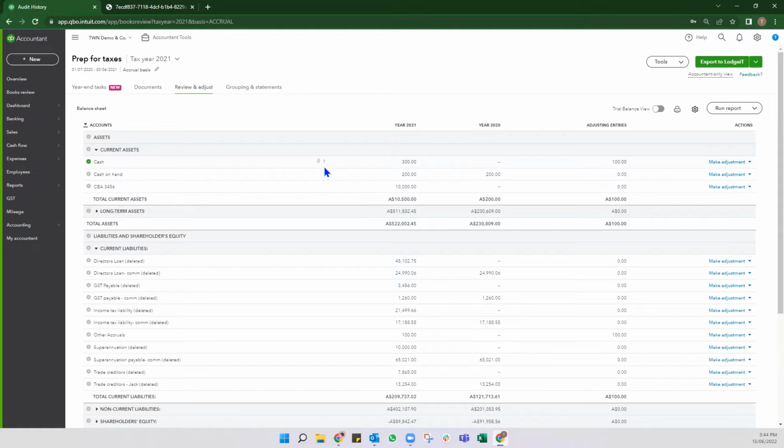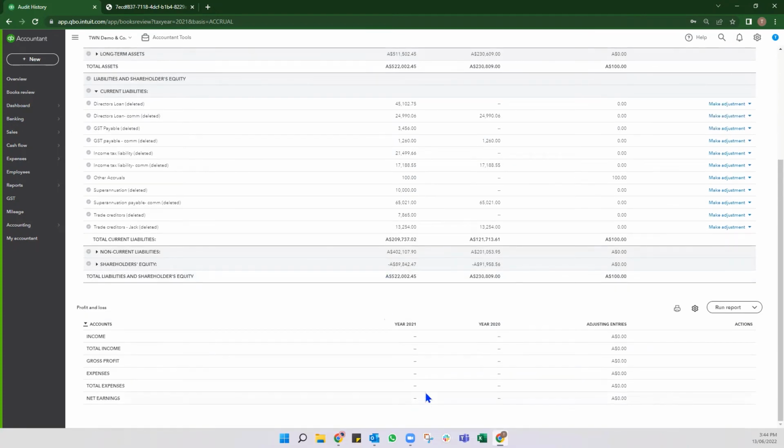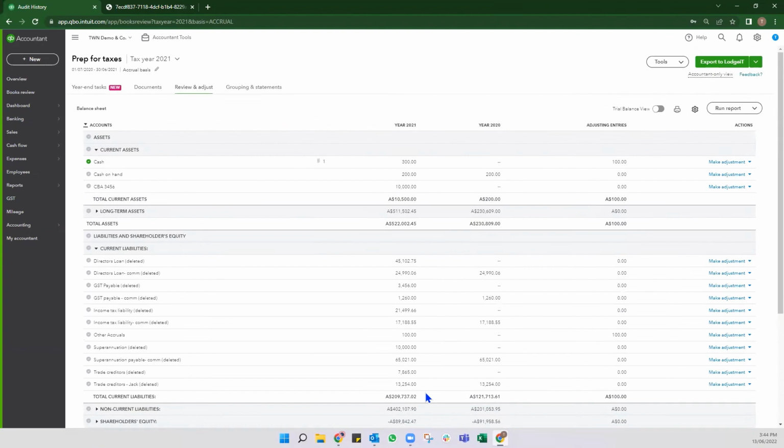next to that balance. I would also use this not just for bringing in supporting documents like bank statements, but if it's a more complicated balance that requires a working paper to be prepared, I will attach my working papers in here. So that's essentially the review and adjust screen. And at the bottom, as mentioned earlier, you have the profit and loss that you can review in the same